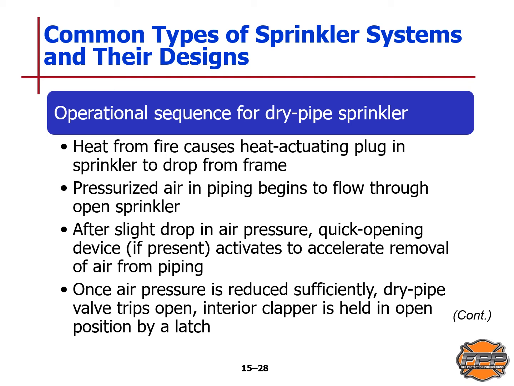After a slight drop in air pressure, a quick opening device, if present, activates to accelerate the removal of air from the piping. Once the air pressure is reduced sufficiently, the dry pipe valve trips open and an interior clapper is held in open position by